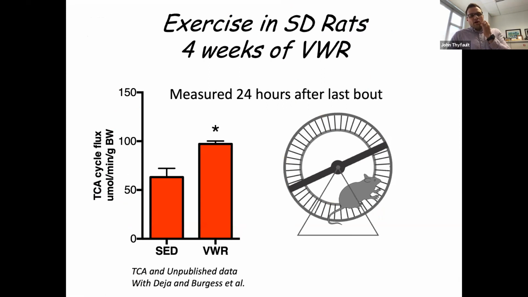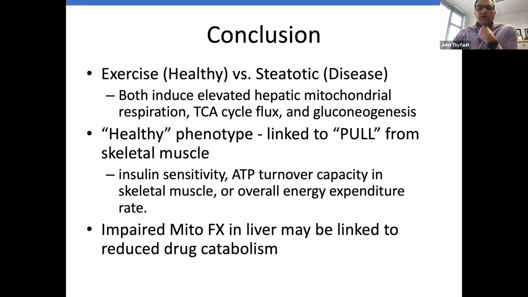And we do have some unpublished data that even just running in Sprague-Dawley rats increases TCA cycle flux. This was collected 24 hours after a last running bout, and we're continuing to follow up on these studies. So in conclusion,